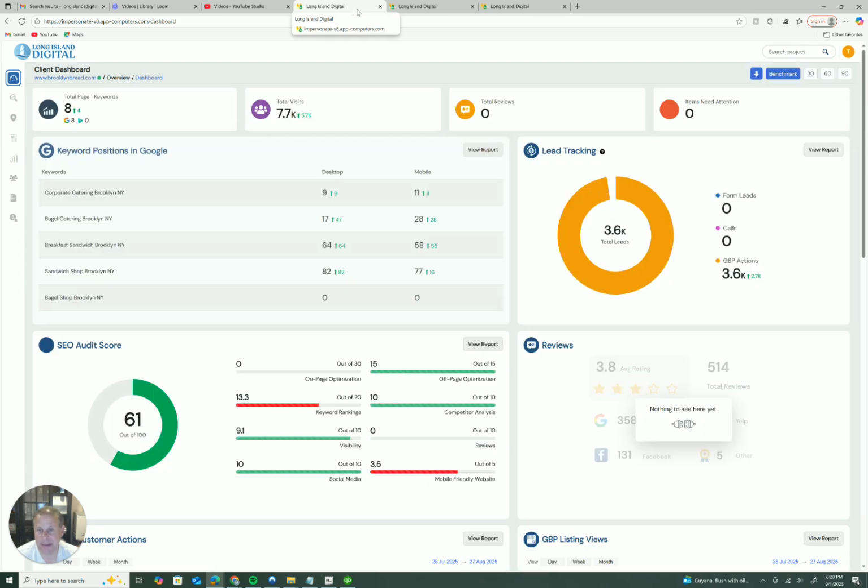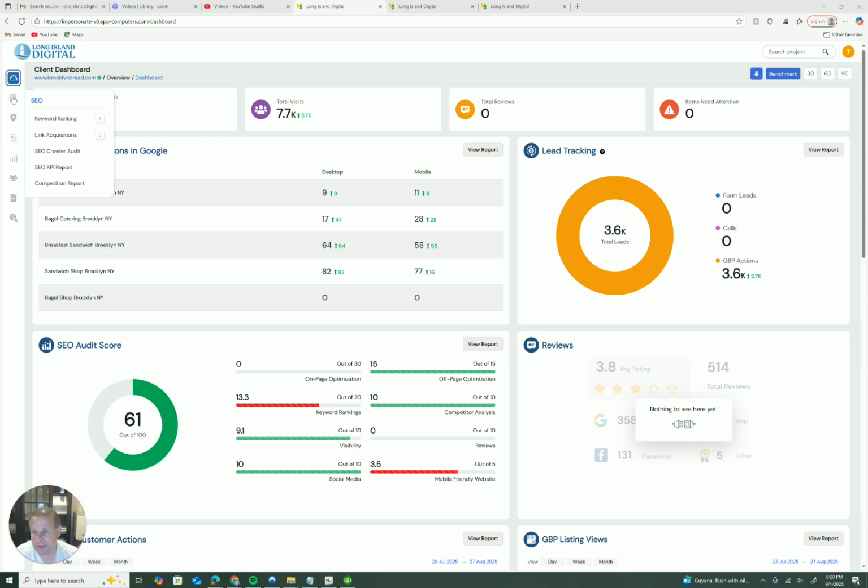And like I mentioned, if you have multiple, you're going to toggle back and forth to whatever you want to see. But this dashboard review today is going to be a very simple view on how to make the most of your dashboard experience. So up over here on the left-hand side, this is where you're going to navigate and